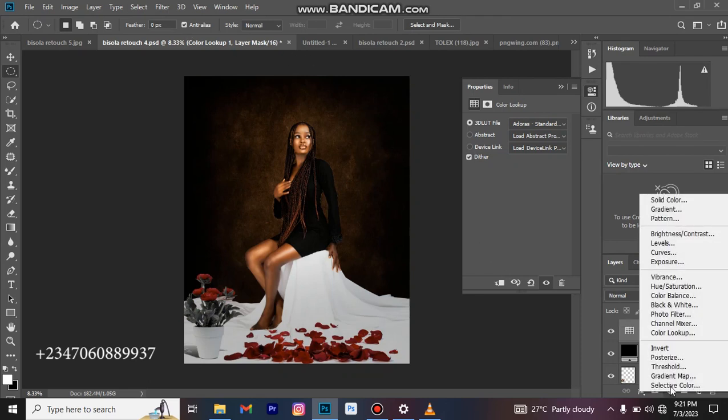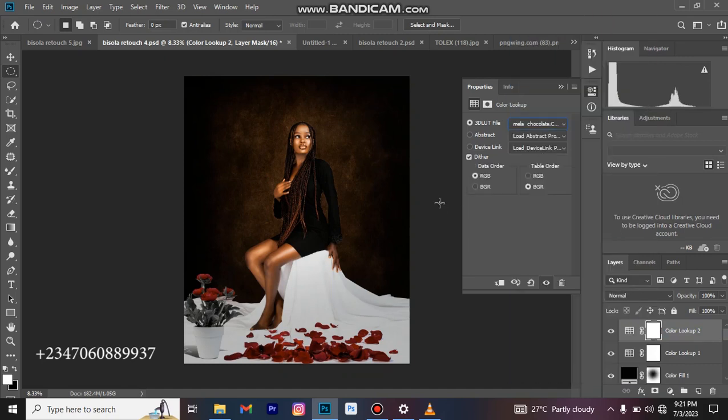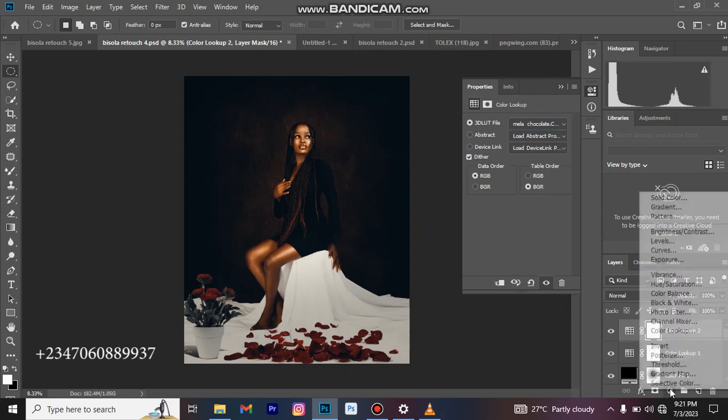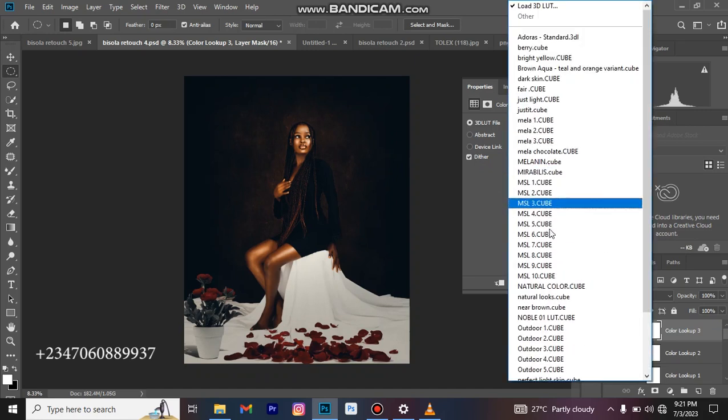And I'll come back to my adjustment layer again, go to my color lookup, and the next thing I want to do is come to my mellow chocolate. Okay, so you can see. Depending on your choice, whatever you want to use, I'll come to my natural